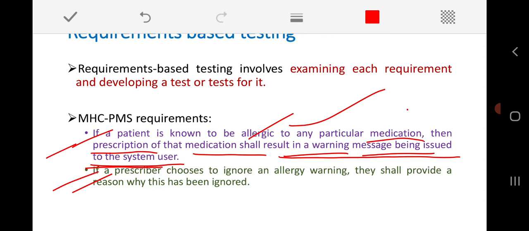Another requirement is that if the prescriber chooses to ignore any allergy warning, for example, the system shows a warning but the prescriber ignores that allergy warning, then the system is supposed to ask the reason why he is ignoring that warning message. This is another requirement that we expect from the system. Hope all of you have gone through this and understood these requirements.